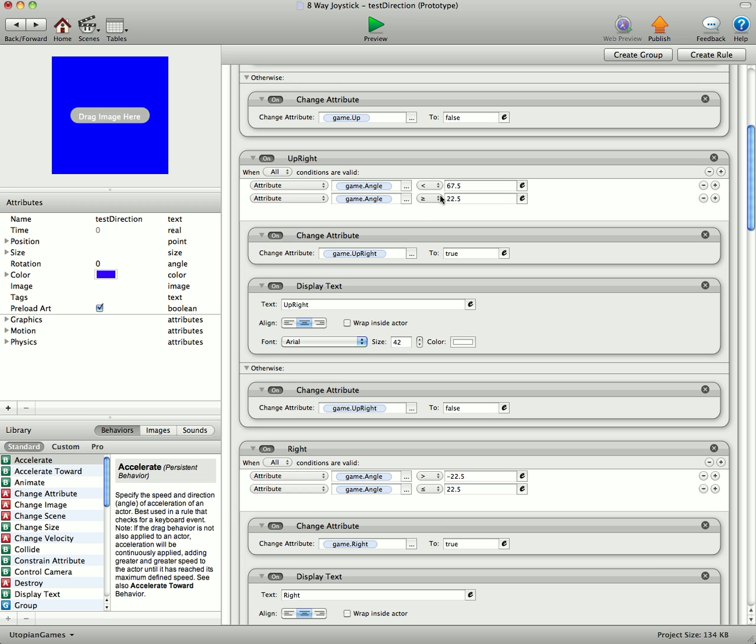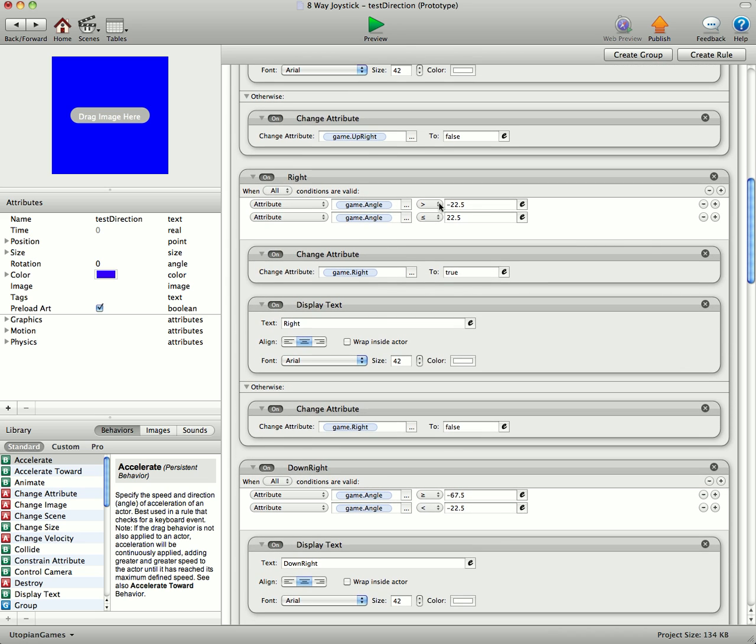Now we do the less or equal to on some of the angles because if you just do greater or less than, we're going to miss an angle out, a little digit that could cause you to have problems in your games. So we cover all bases by saying less or equal to or greater than or equal to on some of the angles. Because we don't want to miss any digits out, because there is a slim chance that the user could find one of those angles and it won't register. So moving down to right, we've got if greater than minus 22.5, less or equal to 22.5,